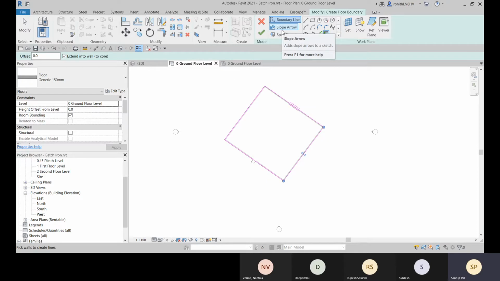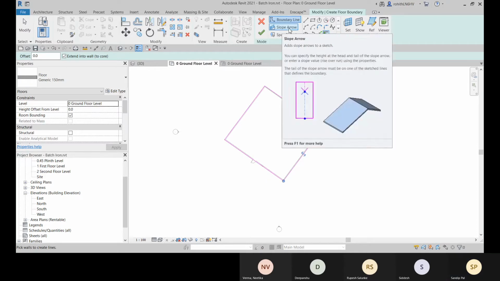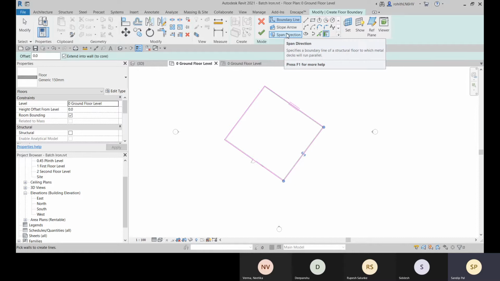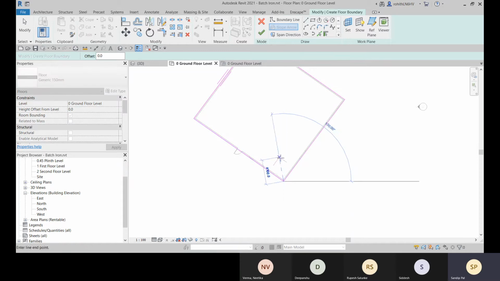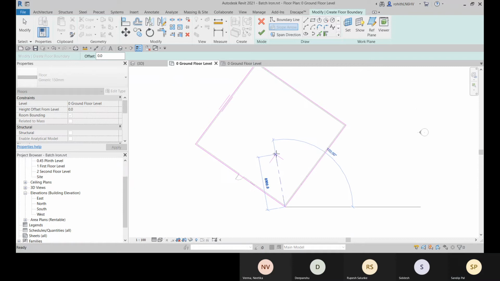And here we have the slope arrow. Let me show you the slope arrow. You can choose this span direction to change the span direction, and this will be the span direction. Now let me go for the slope arrow. This is going to be the tail of your slope, and this is going to be the arrowhead.